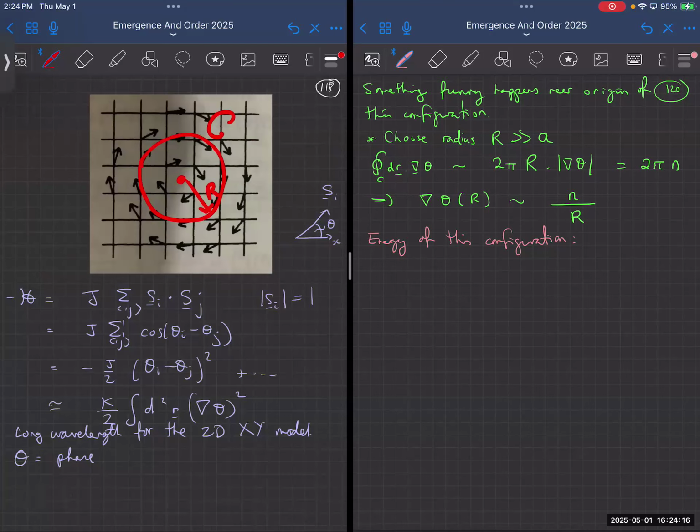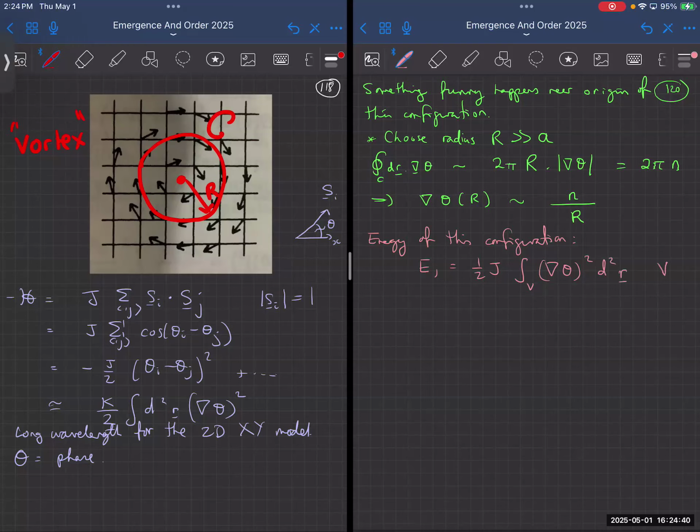Things are sort of going around like this, so we're going to call this a vortex. The energy of this configuration, we can simply write down like this. It's 1/2 J times the integral over the volume of grad theta squared